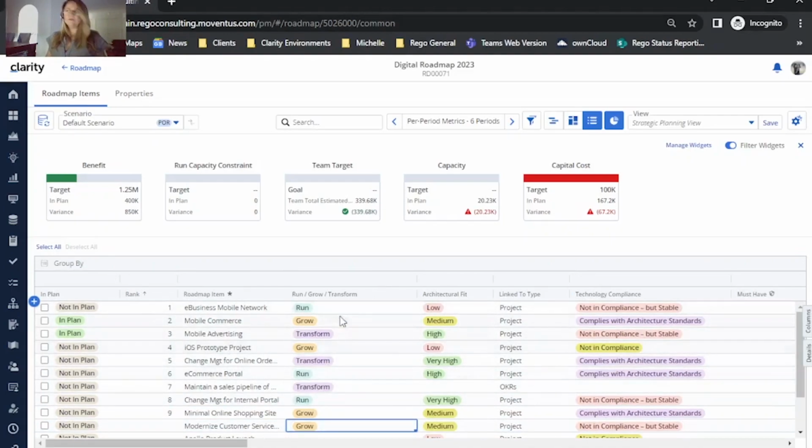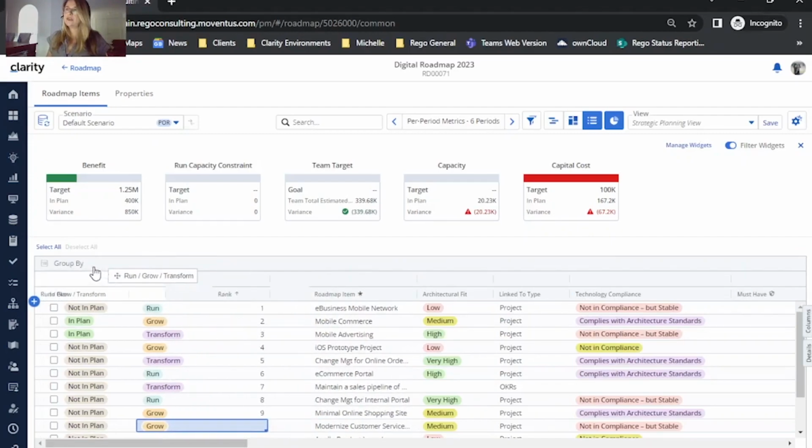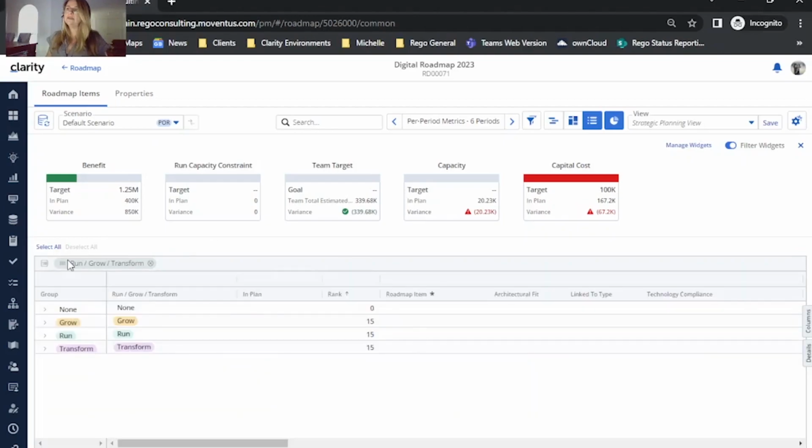Now that we have some data assigned to each of our pick list values, I'd like to take you through how you can actually use your pick list to view information. So I'm going to hover my mouse over the header of my pick list column. If I click and drag that up to this row up here that actually says group by, once I release,